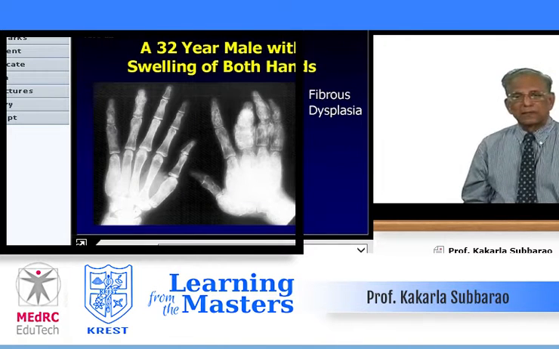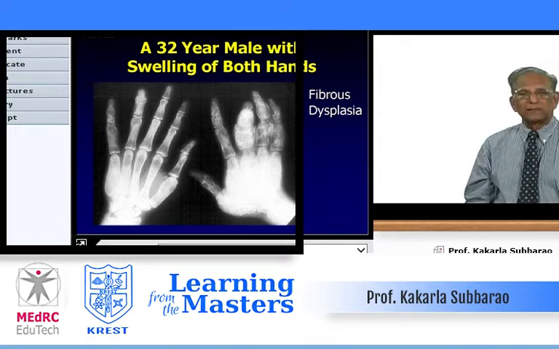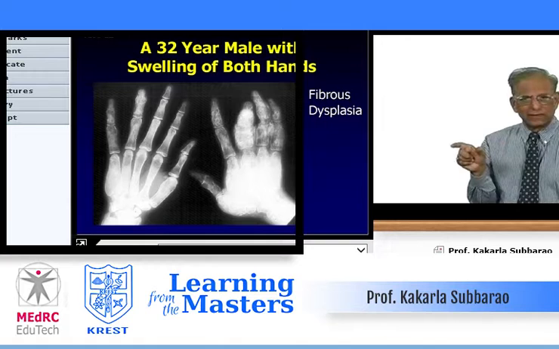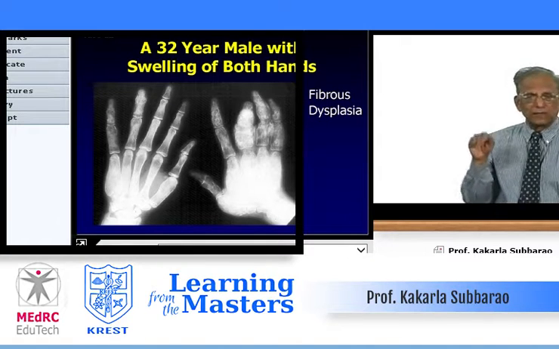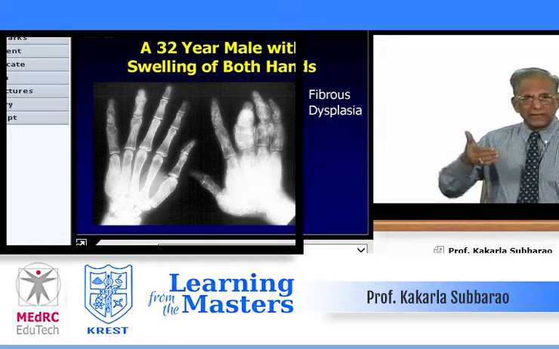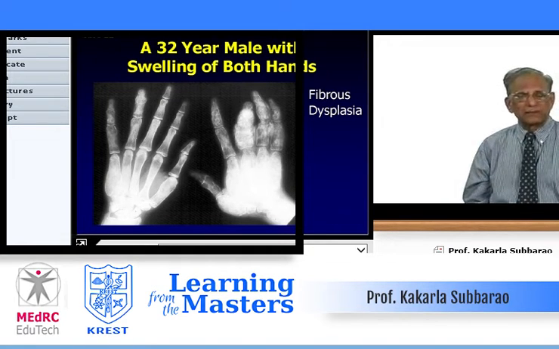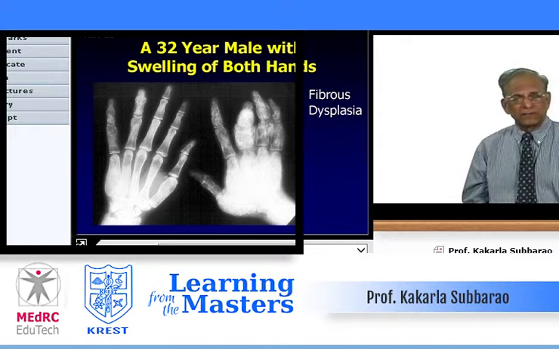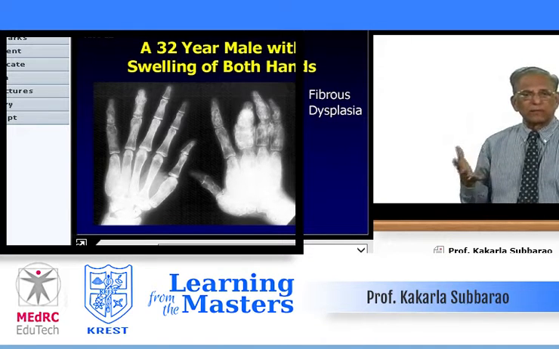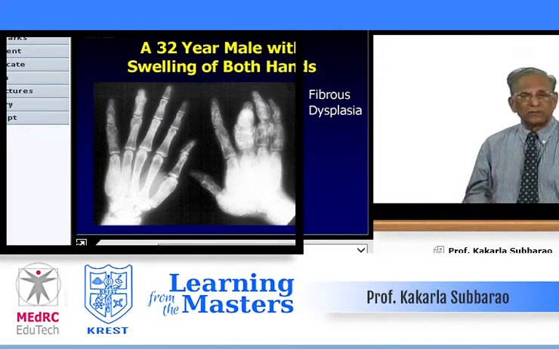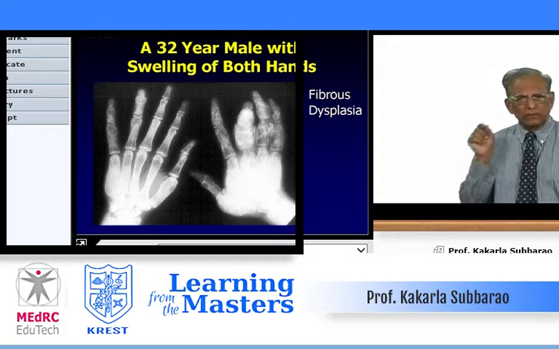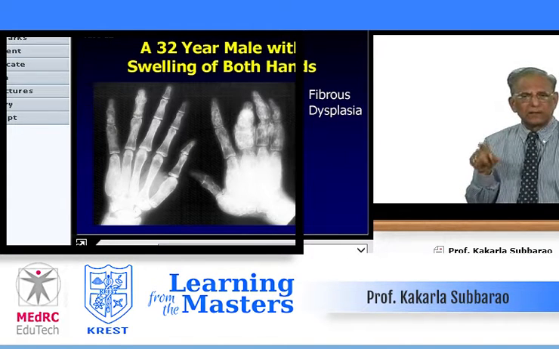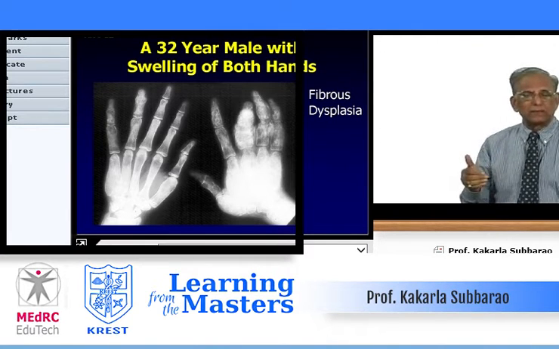And then, case number 12, both hands are given. The patient presents with deformities. What do you find? Take any particular lesion, it is expansile. Obviously, it is benign because the transition zone is narrow. And there is a hazy ground glass appearance in the matrix. Sometimes they may get small calcific densities. But most important is bilateral, not symmetrical. Each one is its own, deforming the phalanges and metacarpals. Whenever you see an expansile, elongated lesion with ground glass appearance, and benign, think of fibrous dysplasia.